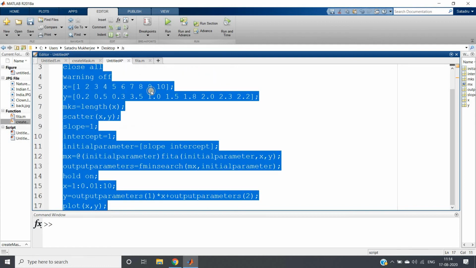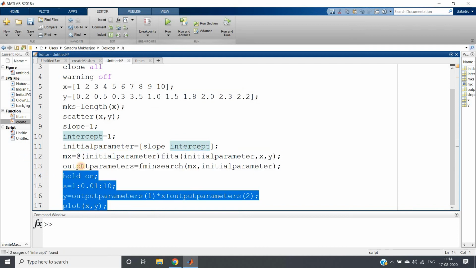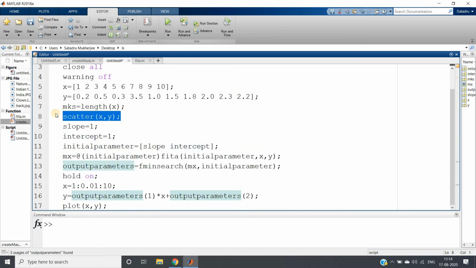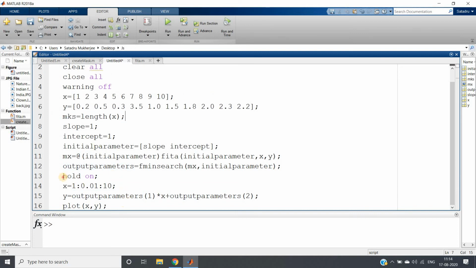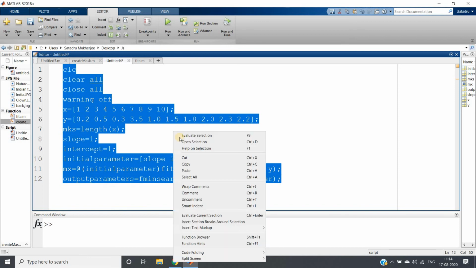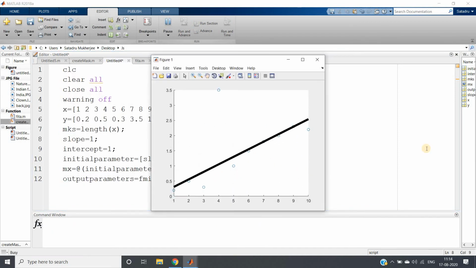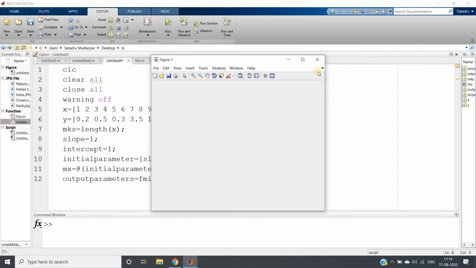Now let's run the whole code. Okay, let me just remove this particular visualization part. Control A, evaluate selection. See how beautifully it is jumping and the line is trying to fit our original data.